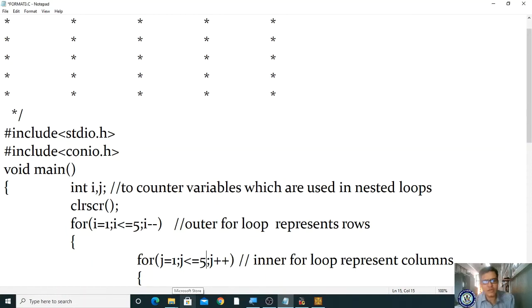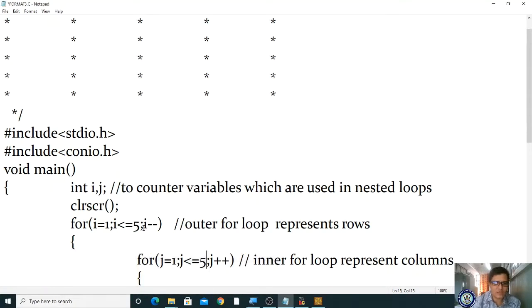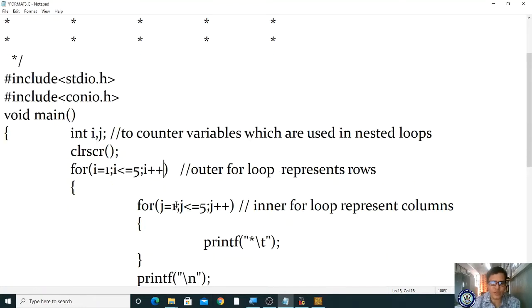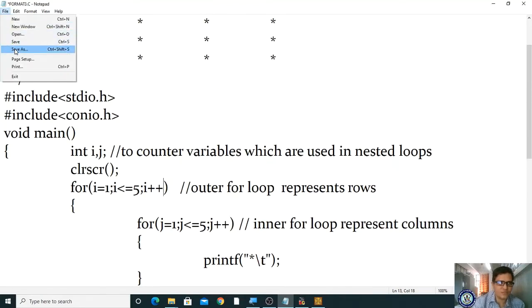So for that, I am supposed to modify the same program by specifying i equal to 1, i less than or equal to 5, and every time it has to be incremented, right? And here is also your inner loop, where you are incrementing the value of j and printing. Okay, let me see. I'm saving this file.